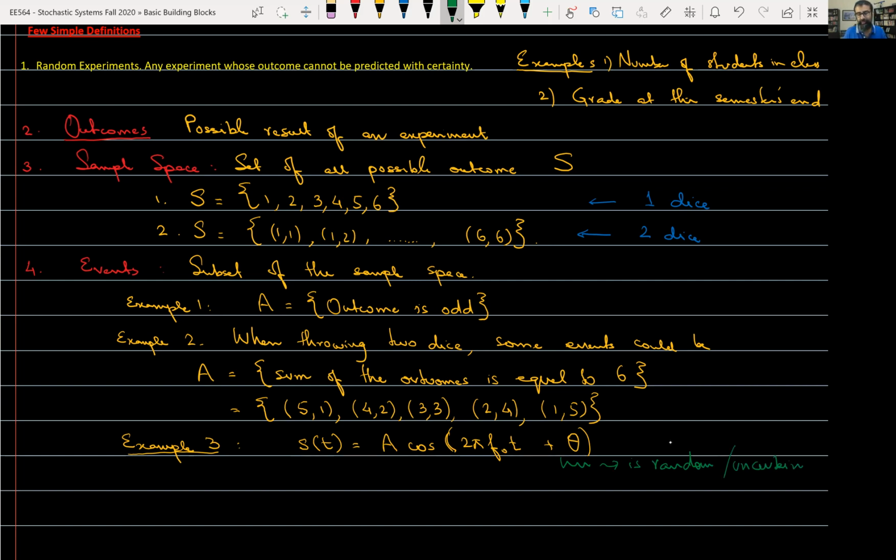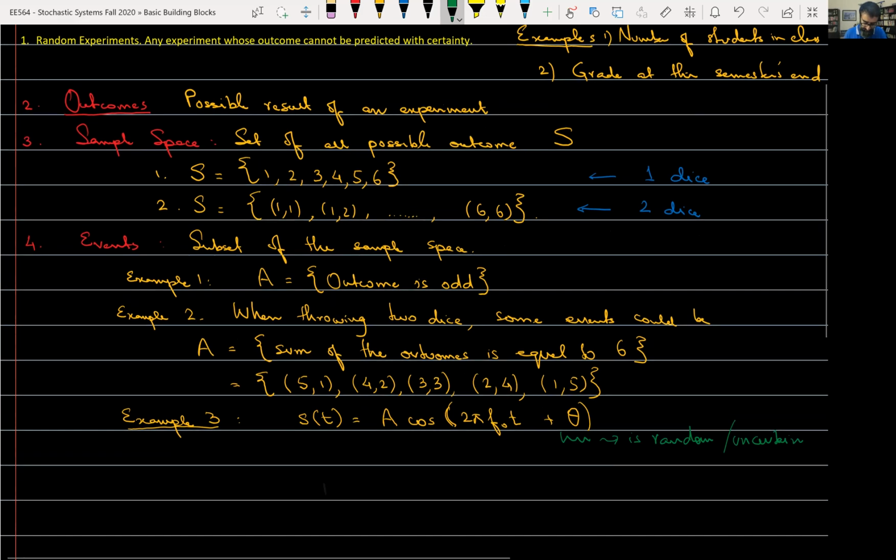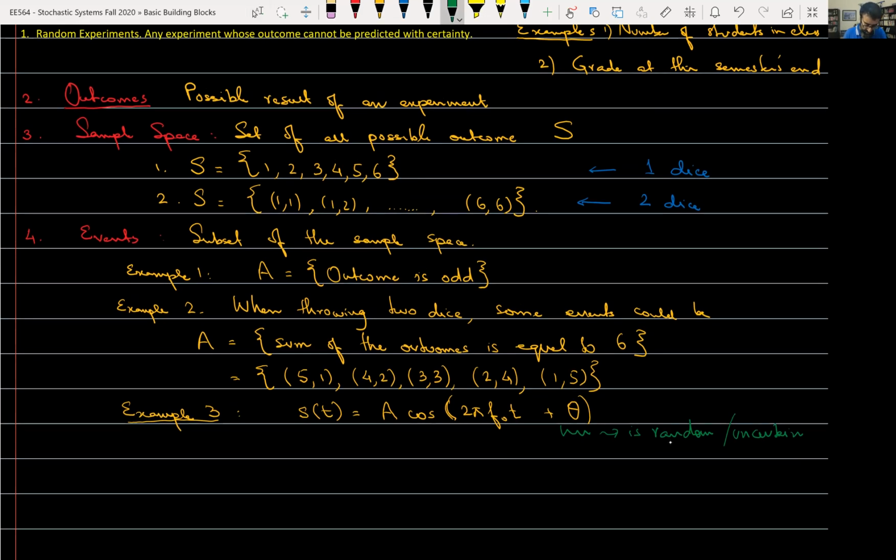So what do you think the sample space is going to correspond to for this particular randomness? The experiment is on theta, and when I do the experiment, theta takes on some value. What is the sample space? Shoaib, you raised your hand. 0 to 2 pi. Good. So the sample space here